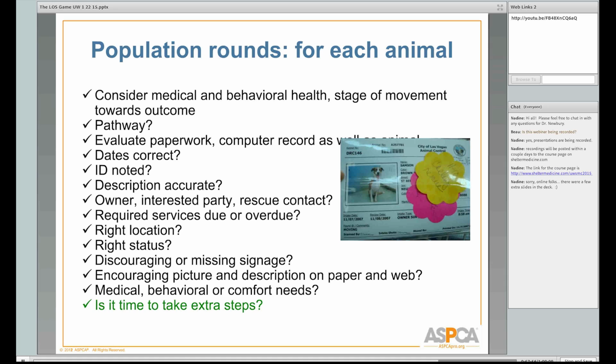I think it should happen when the animal comes to you. And we've evolved so much from that time that I think we should be saying, is this animal going to need something special from us to get it out? And just get on it as soon as you possibly can. But again, every day should be sort of asking that animal, what do you need from me today? What can I do?